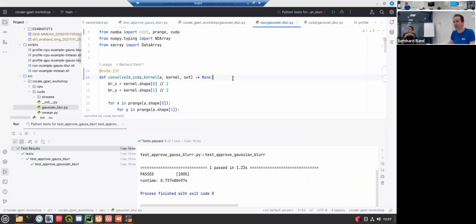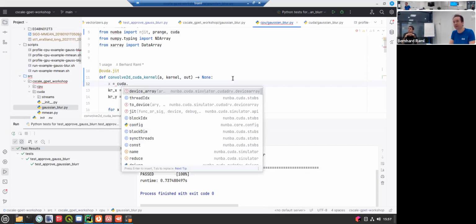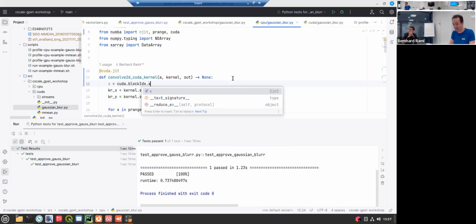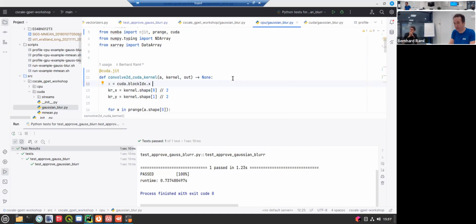And to do this, we usually go here. This is the x coordinate. The x coordinate is then the block index x times